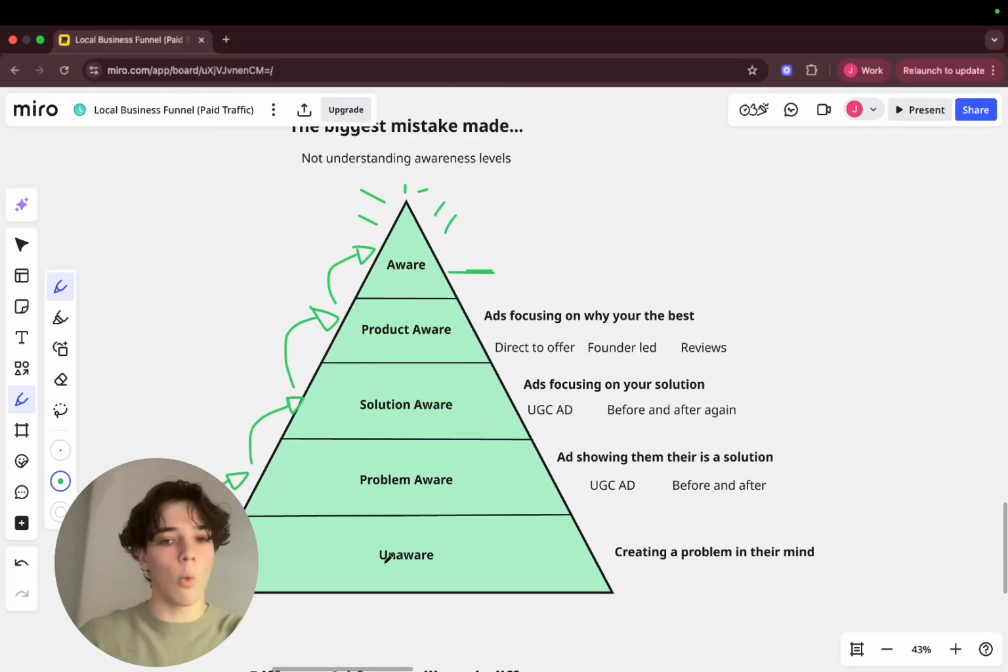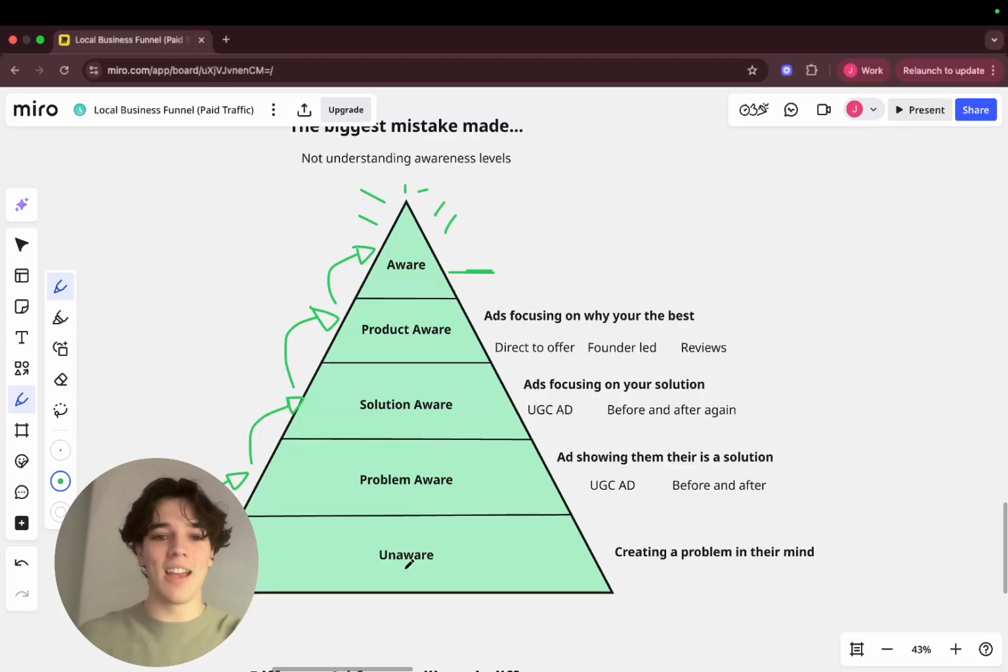So if they're unaware, you need to actually create that problem. Unaware is they don't know about the problem or the solution, or they have no idea about you. So you need to create that problem in their mind. If we're looking at something like McDonald's or a restaurant of some sorts, and they're not aware of their problem of being hungry, you could show them some food, and then you've created that problem. You've created the desire to